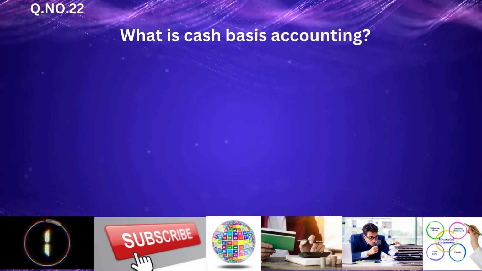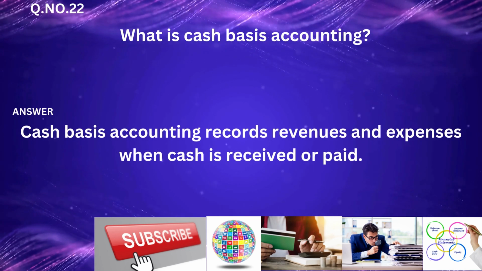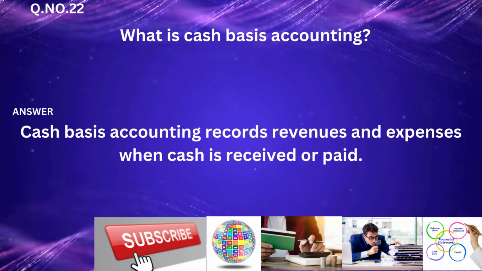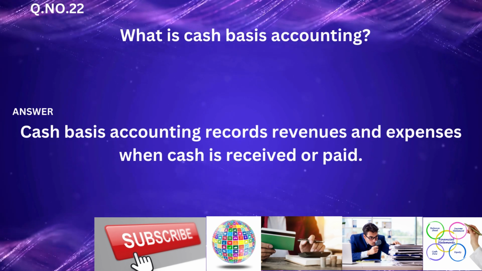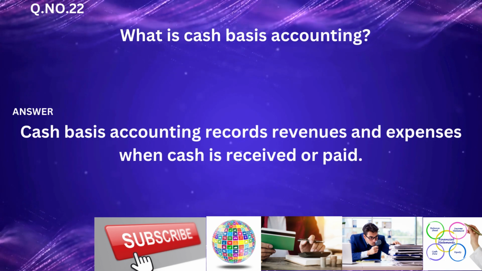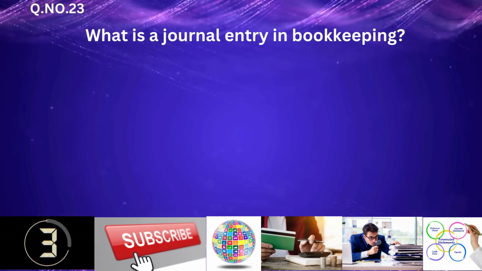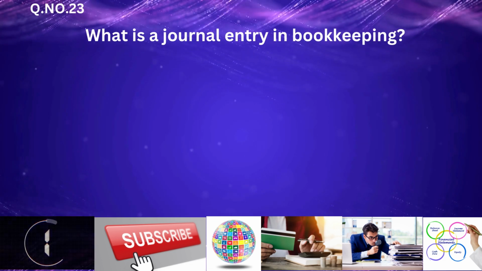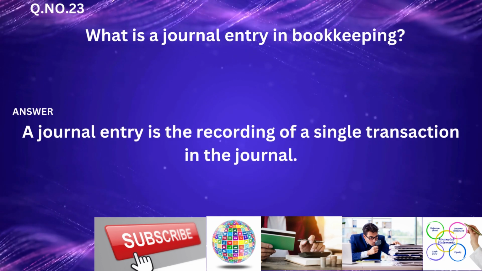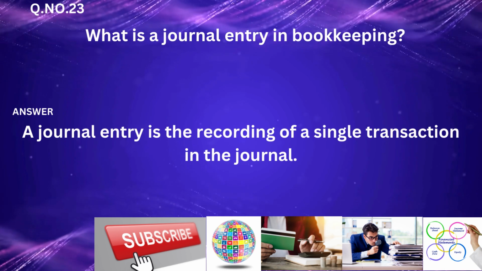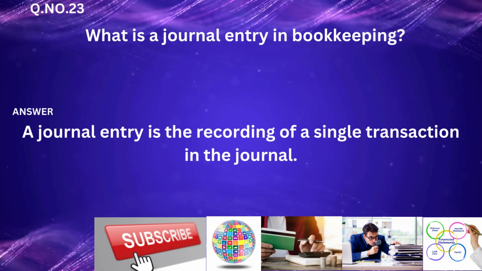Question 29. Explain the term posting in bookkeeping. Answer: Posting is the process of transferring information from the journal to the ledger. Question 30. What is a fiscal year in accounting? Answer: A fiscal year is a 12-month period used by a company for financial reporting, not necessarily coinciding with the